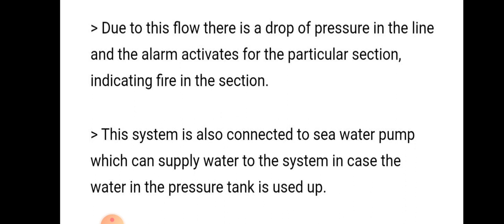If the sprinkler system uses the water from the pressure tank, and that water is finished, we can take water from the seawater pump, which will supply water to the system in case the water in the pressure tank is used up. Okay,